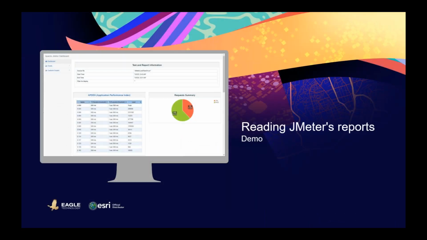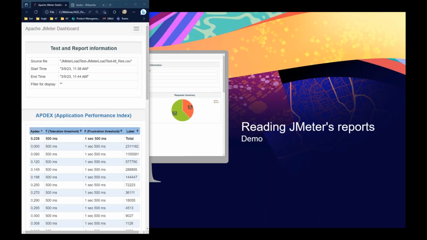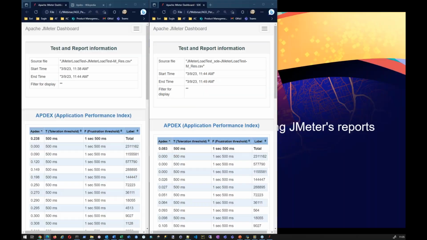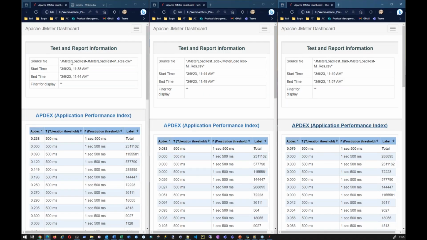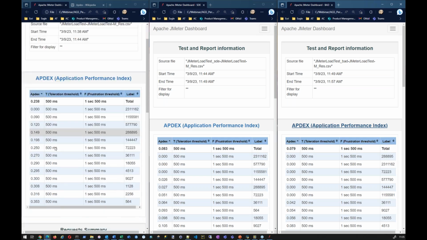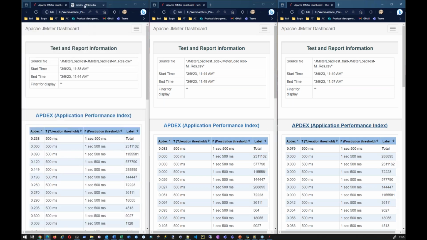So I've got a couple of different services that have been tested. On the left here, a really good service, then a service that's reading STE, and then a really bad service that I've set up. As mentioned here are the AppDex results, and what that is, if you click on that, it will open up